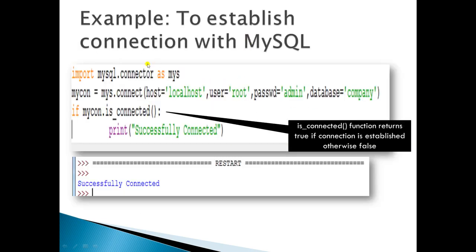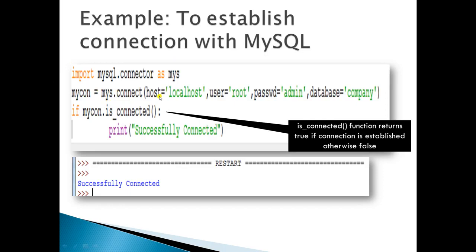Next is the example. You can see the example here. I have written import mysql.connector as mys. Then mycon is equal to mys.connect, so you establish a connection, that is mycon. Then you have to write down all these fields.